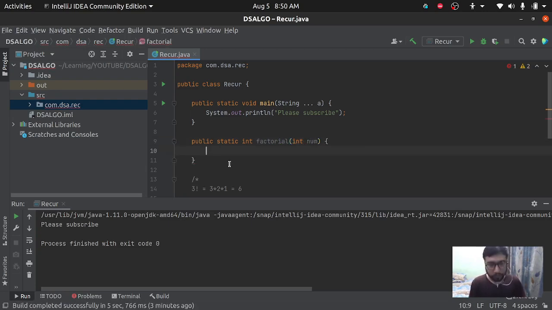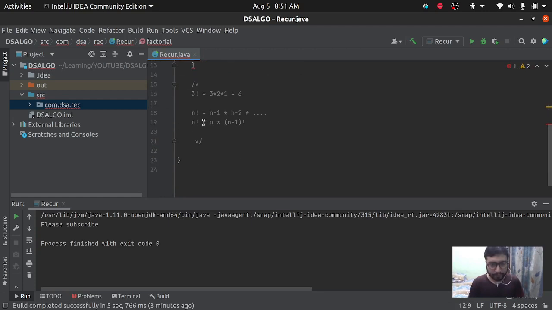Okay, so whenever we are writing a recursion solution, we need to focus on three things basically. The first thing is the recursion call. Recursion means we will be calling the same method with multiple inputs, or inputs which are smaller than the original one. First we will call the factorial with the nth number, then the second call will be n minus 1, then n minus 2. So we will be reducing the input value for this method. This is the first thing we need to do, the recursion call.